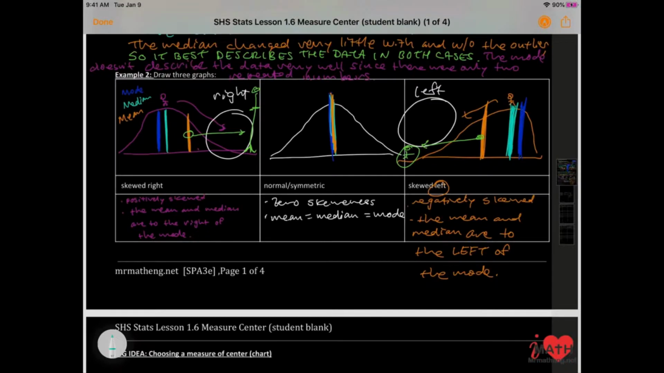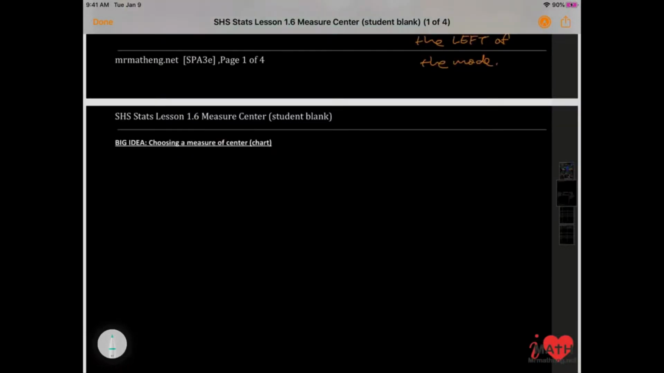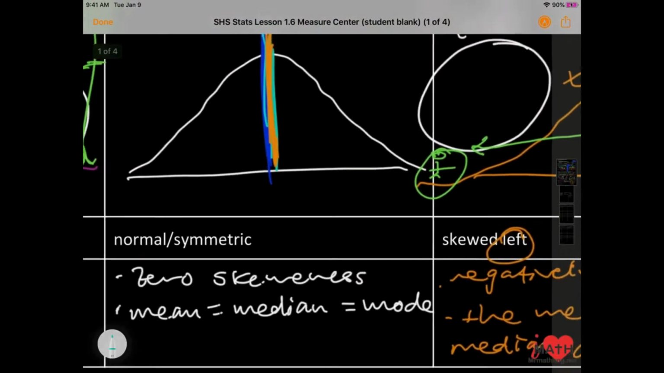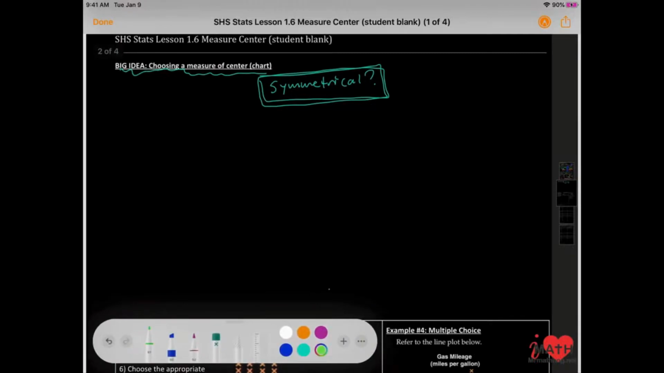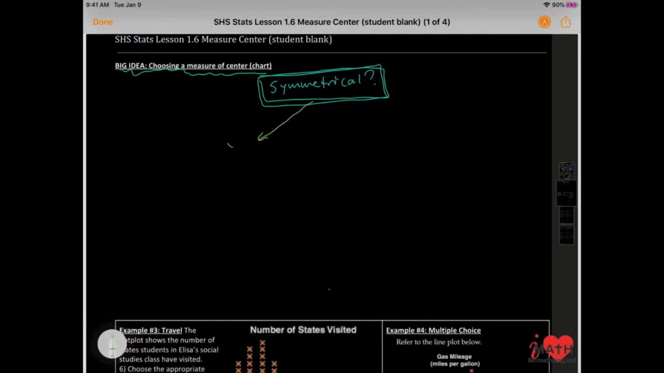I'm just going to do a chart on the next page. So let's go ahead and do that chart. All right, so page 2, big idea is choosing the measure of center. And the question you're going to ask is, is it symmetrical? Does it look like this right there? Let's try to color code this. I always think of lights, like green light, yellow light. So if it is symmetrical,